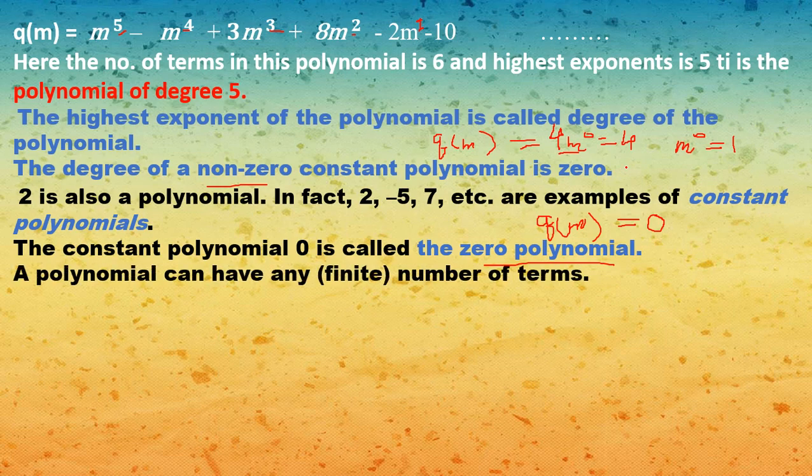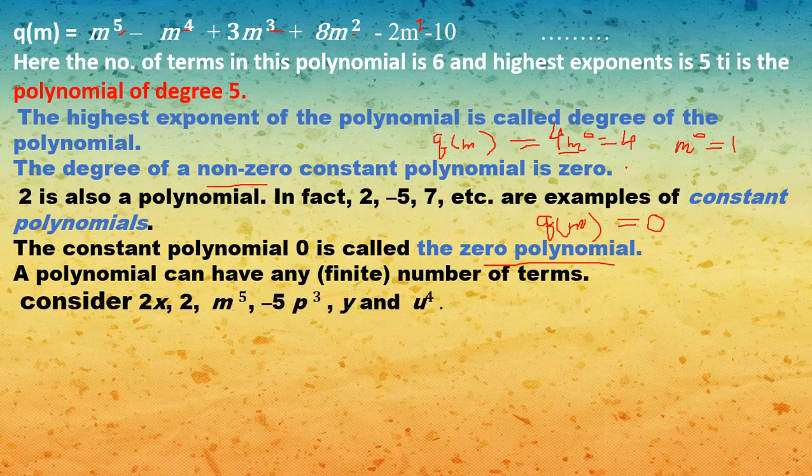Okay. Now when we discuss the number of terms, a polynomial may have 5 or 2 or 3 or 7 or 8 or 100 or 50 or more terms. So a polynomial can have any finite number of terms. If we are talking about 100 terms, 100 is a finite number. If we are talking about 200 terms, 200 is finite. So a polynomial has a finite number of terms.